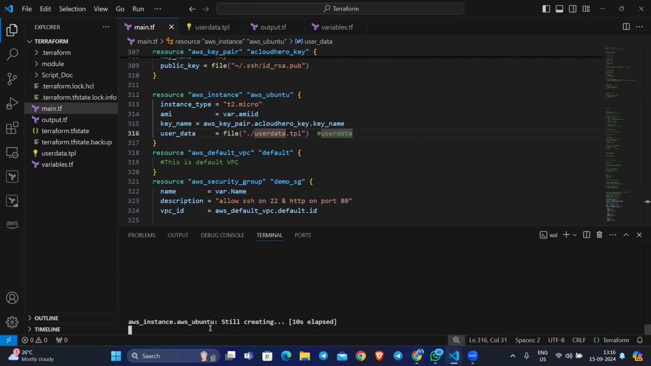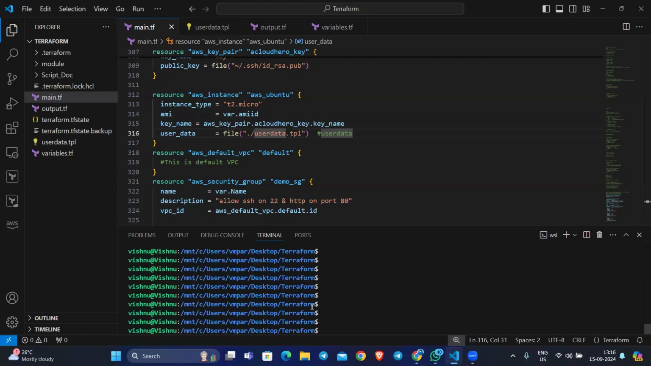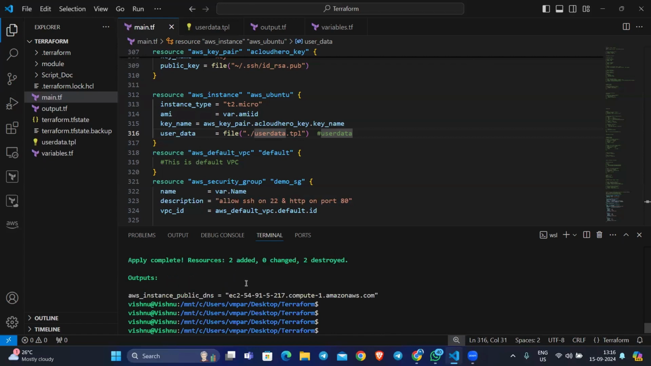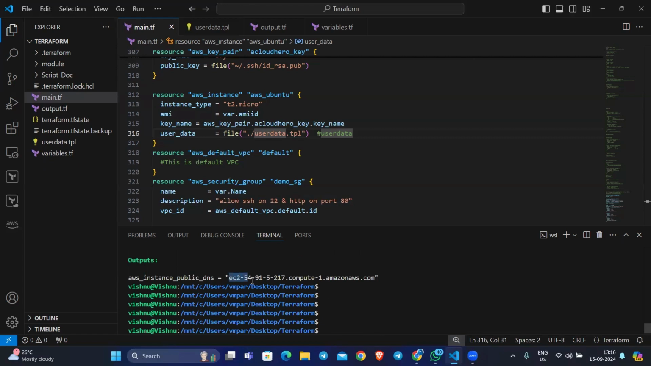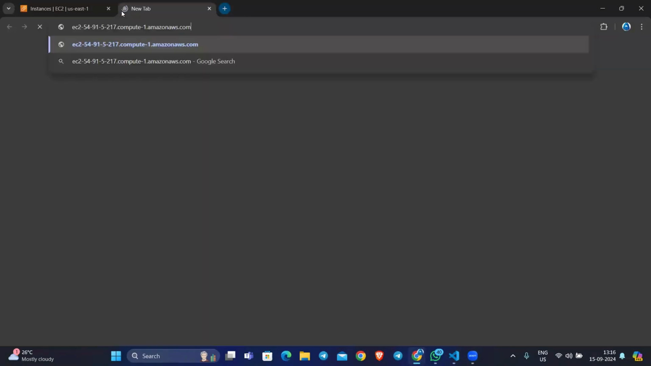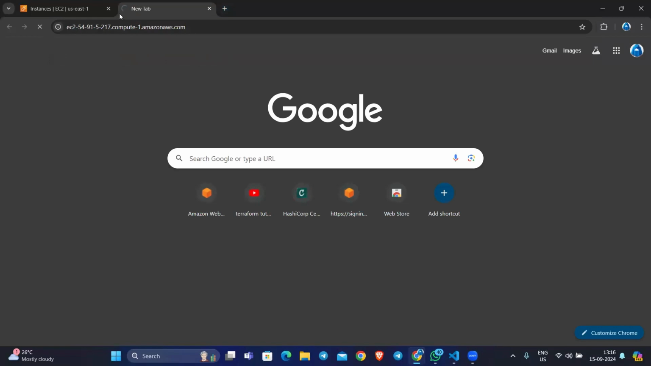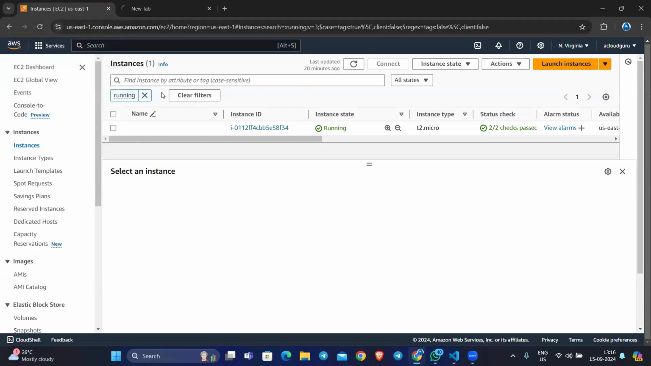Now you see the instance is in creation state, and our instance is created successfully, and this is the output. Okay, so we can use that output and paste it here, and let's see what happened. So as you guys see,